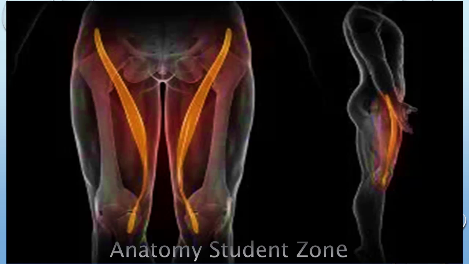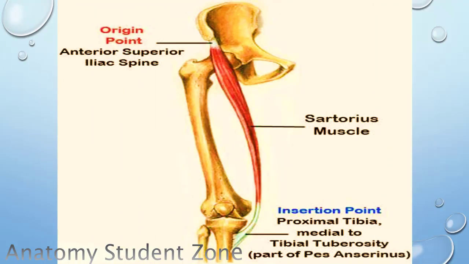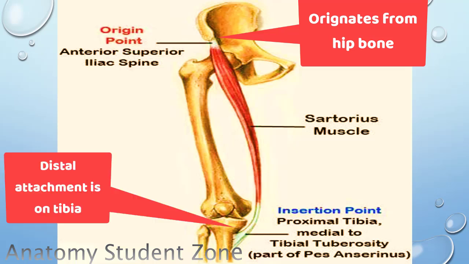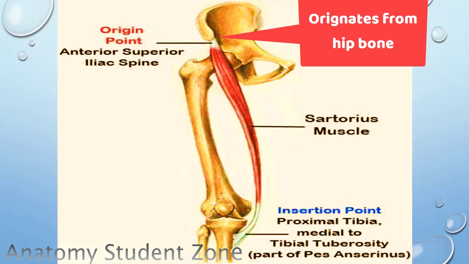So if it is the longest muscle, it means it should have a broad origin, of course. So it's going to take an origin from above bone, and above bone of a lower limb we know that is a hip bone, and it attaches below to a bone that is a tibia bone. It means it's going to cross knee joint and then it's going to attach over the tibia. So tibia, you know, it's a bone of leg. So in a simple way, it is going from a hip bone to upper leg, and it's going to cross two main joints of our body.